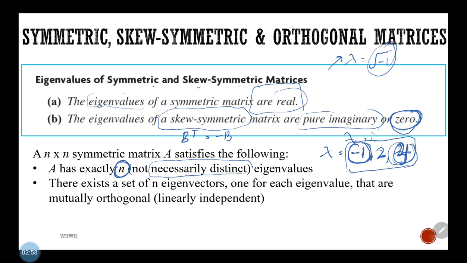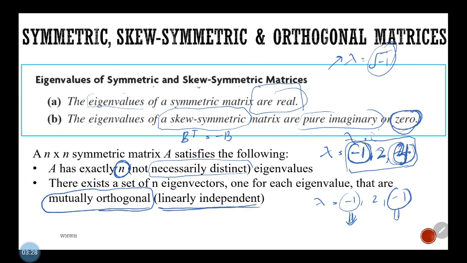Alright. And there exists a set of n eigenvectors, one for each eigenvalue. Ni maksud saya cakap tadi. Yang sama juga dengan 6b yang kita discuss tadi lah. Walaupun -1 tu, kita ada -1, 2, -1. -1 ni dengan -1 ni benda yang sama. Tapi for each -1 ni, you should have its own eigenvector that are mutually orthogonal. Apa maksud orthogonal kat sini? Samalah dengan linearly independent. Kalau linearly independent, maknanya macam mana nak buktikan it's linearly independent? Just have to make sure its determinant does not equals to 0 kan. Alright, so